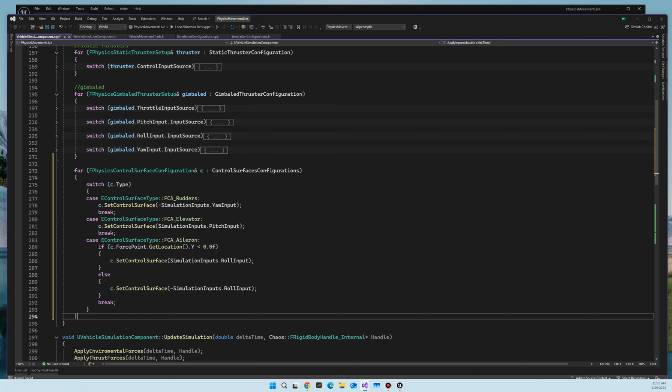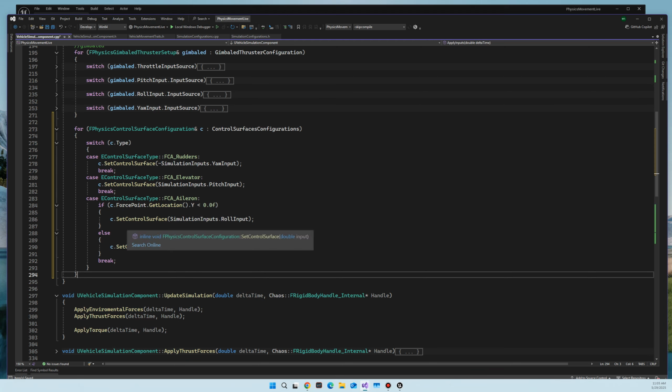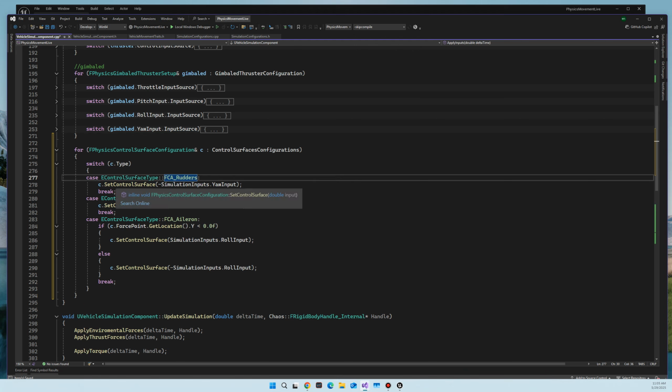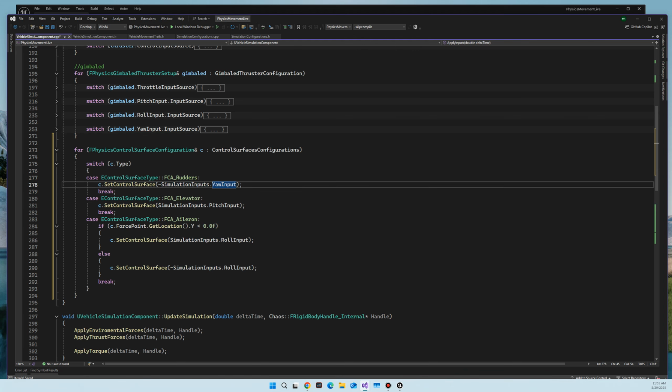Since we only need it for control surfaces, we're not doing this for wings. So for control surfaces, pretty much for rudder, we're going to take the input coming in on the yaw and then just reverse it. So we're automatically going to put a reverse on the yaw inputs and set it that way. And then for simulation, for pitch going up and down, we're just going to take it as is,